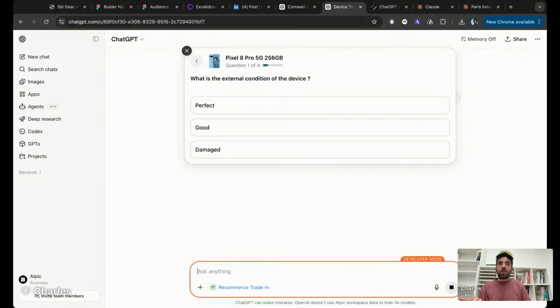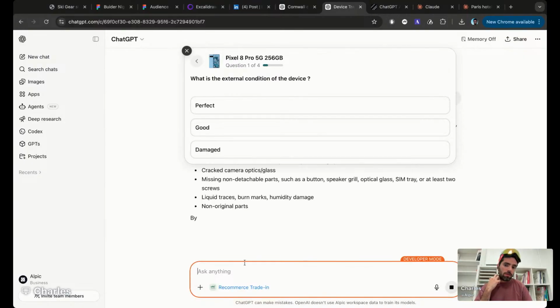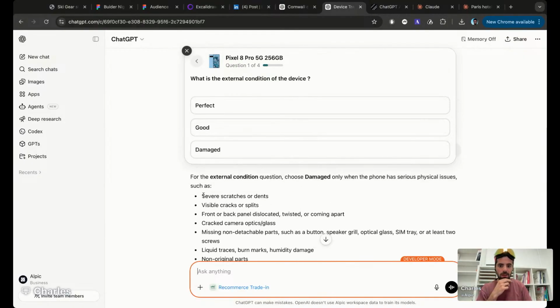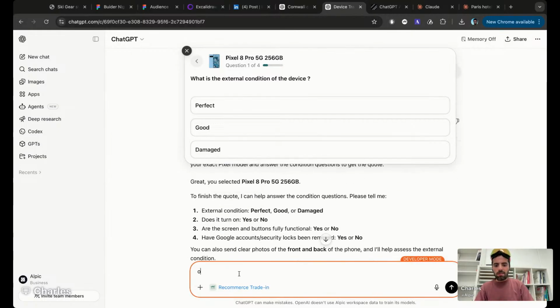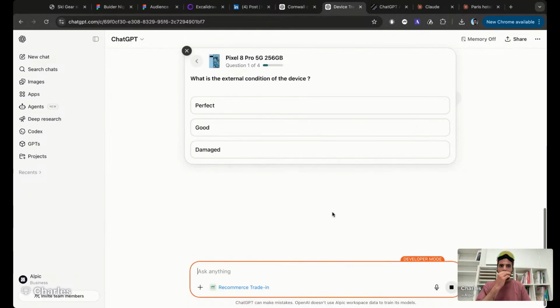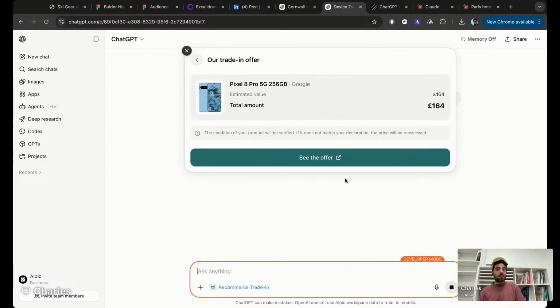It has some context that I'm not seeing here. So basically it gives me more information, and I can answer the question. I can say, okay, then perfect, yes, yes, yes. And ChatGPT can take over and answer the form for me. Of course, this is a pretty simple form, so you could have been clicking around in the different steps. But it's cool to see that ChatGPT can take over and move to the final step